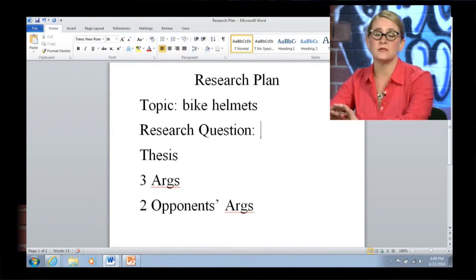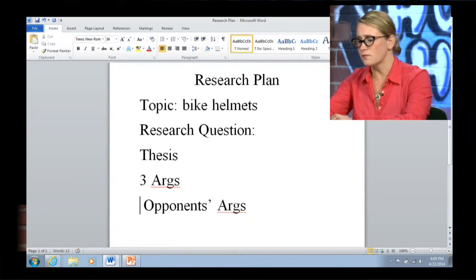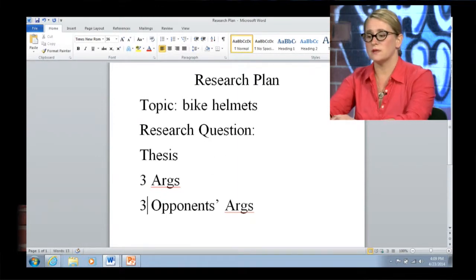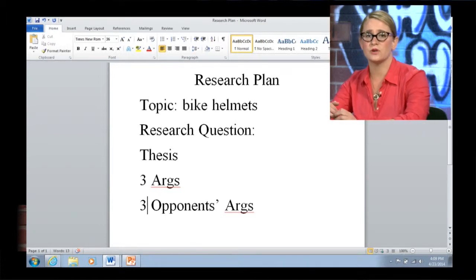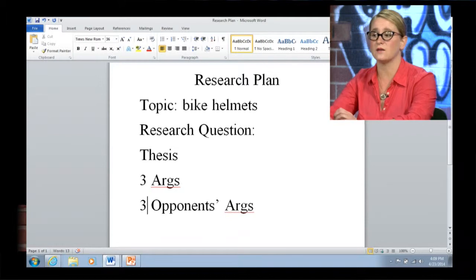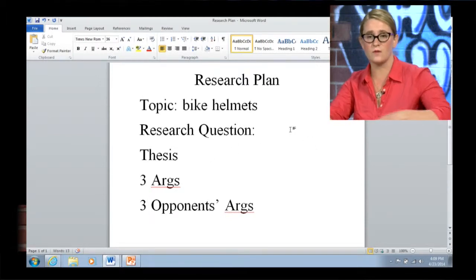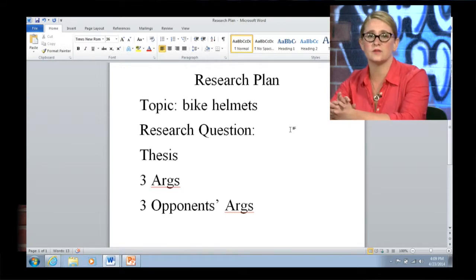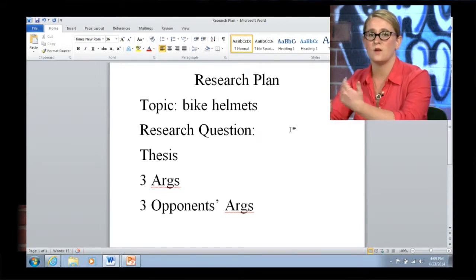And when you're planning a persuasive essay, you want to do all of your research first. The reason I say this is most persuasive essays want you to have your three main arguments, but they also want you to address your opponent's arguments. I'm not sure why that says two. Your three opponents' arguments, because you need to make counterclaims, you need to make concessions when you're talking about the other side of the story. And just to be a good citizen in this country, you need to always be thinking about the other side of the story. Oftentimes we get too mired down in one side.